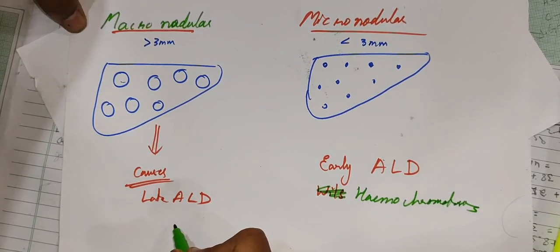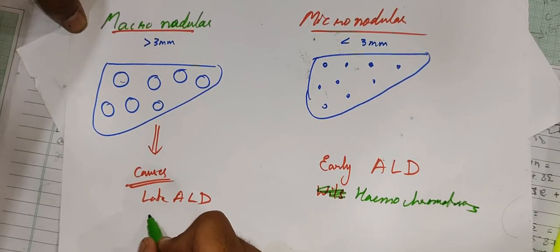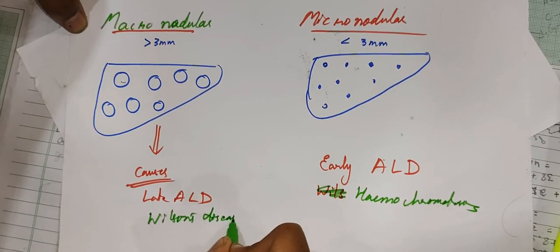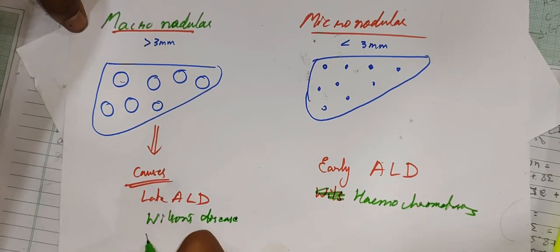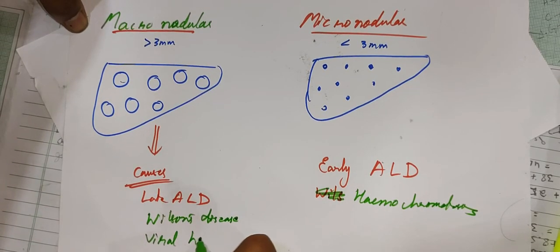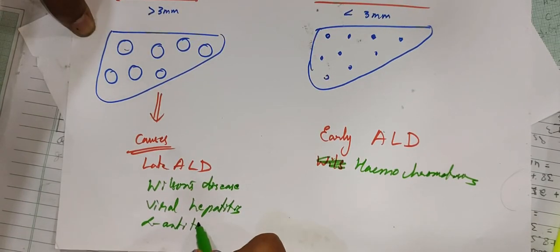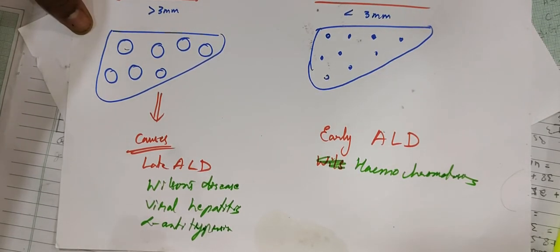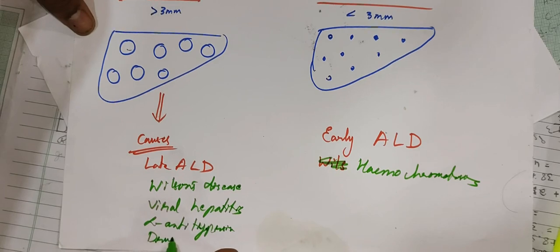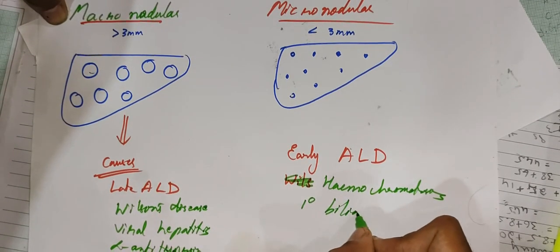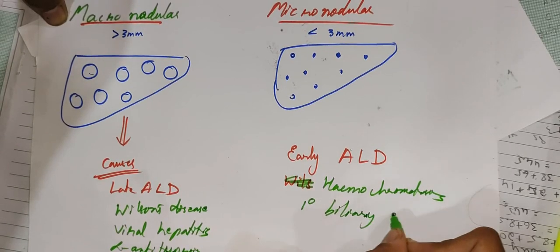In case of macro, Wilson's disease, and macronodular because of viral hepatitis. It may be because of alpha-1 antitrypsin deficiency or due to toxicity of the drugs. Primary biliary cirrhosis